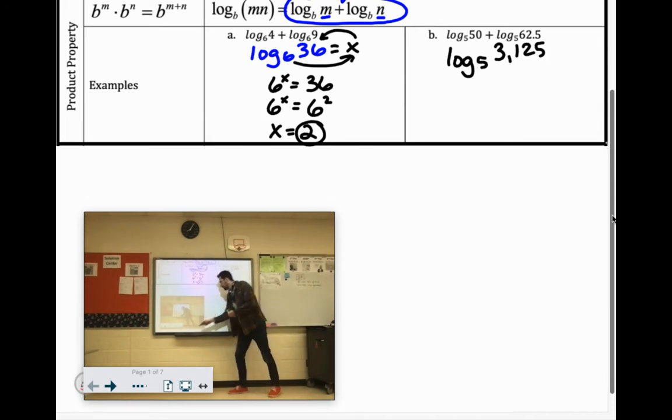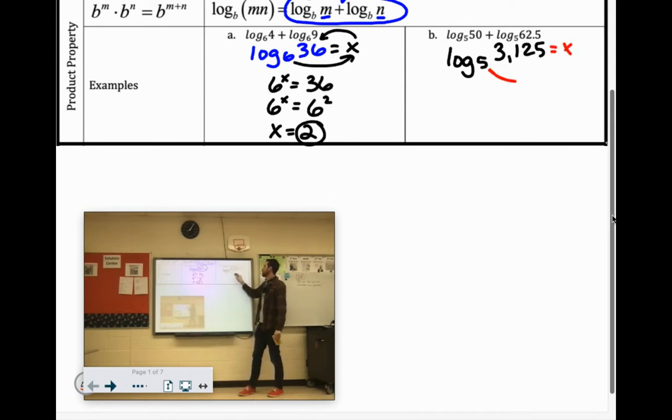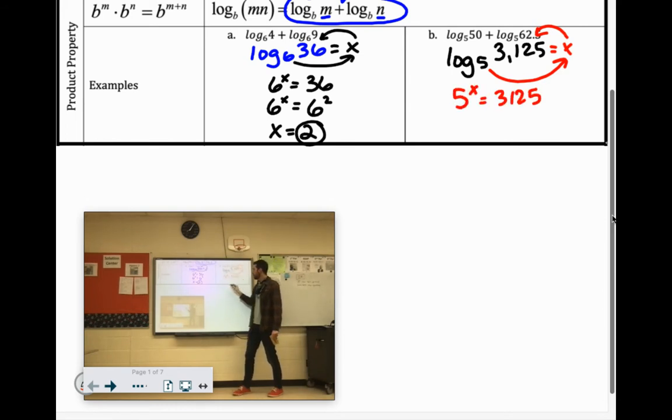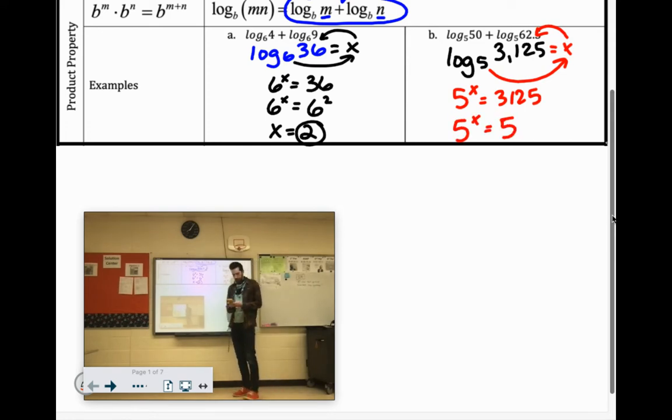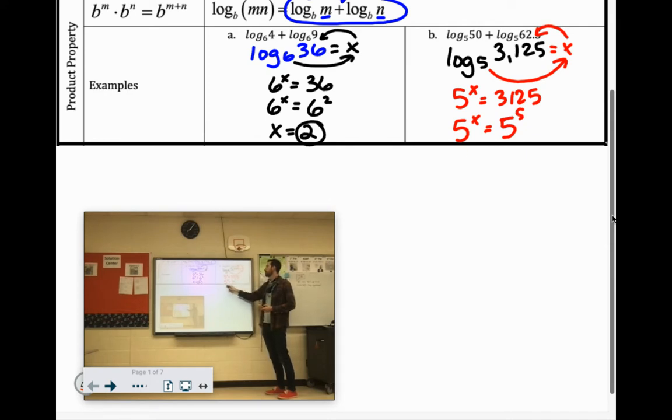So again, this is just going to work out to be one number. It's not going to say x equals something, even though we're going to set up an equation with x. Say 5 to the x power equals 3,125. So if we were to rewrite that, let's see. 5 to the third is 125. So times 5. 5 to the fourth is 625. Times 5, 3125. So that is 5 to the fifth power, which again, our equation would say x equals 5,